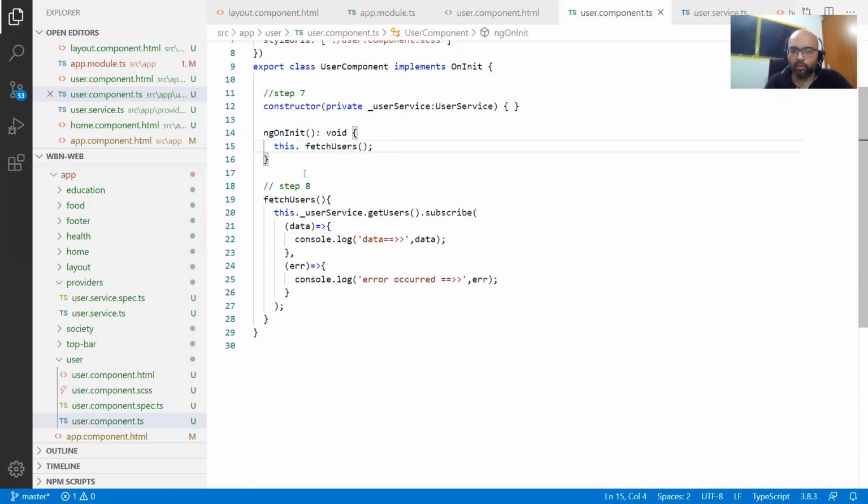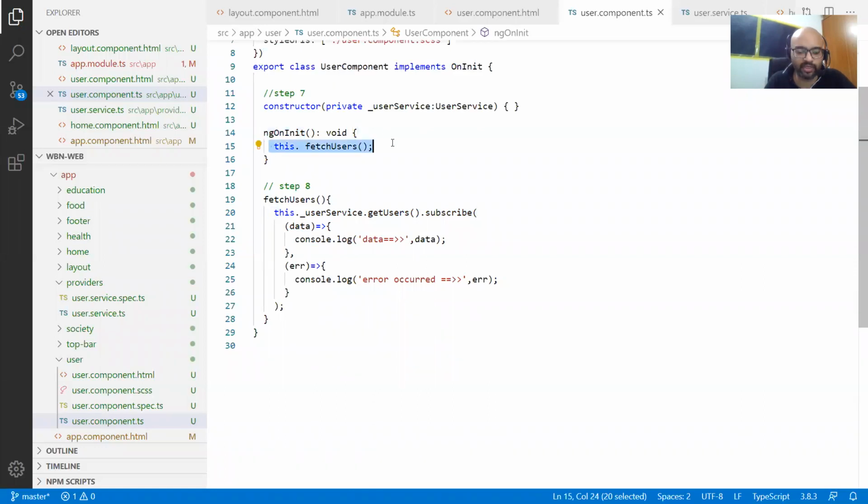So now, what is this ngOnInit? It is one of the lifecycle hooks of your component. Means it's predefined. First the constructor is called, second ngOnChanges is called, before initialization, and then ngOnInit is called. So it's the third lifecycle hook. First is constructor, second is ngOnChanges, then ngOnInit, and then further lifecycle hooks come. So it is predefined, ngOnInit.